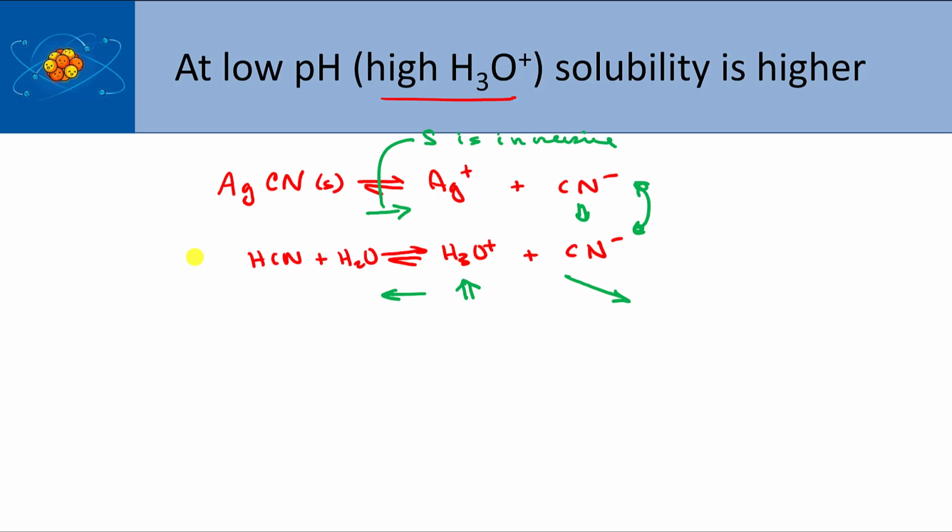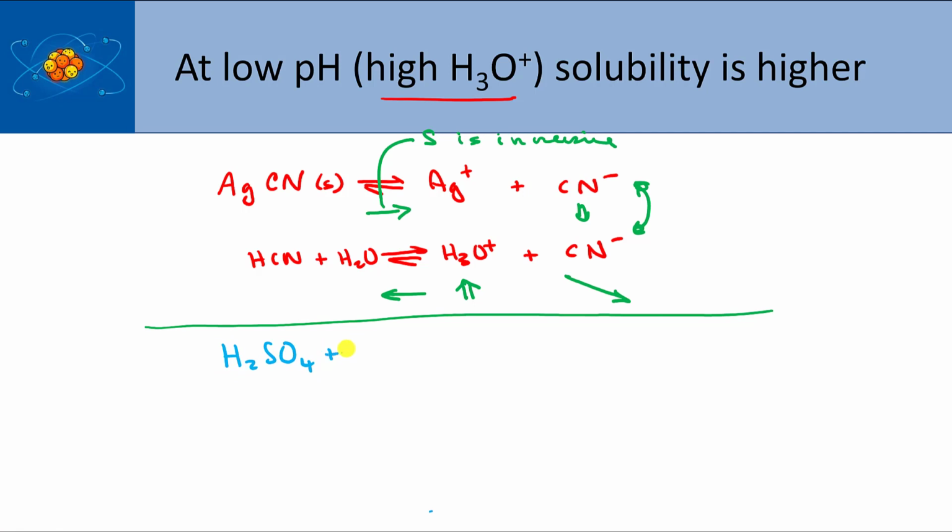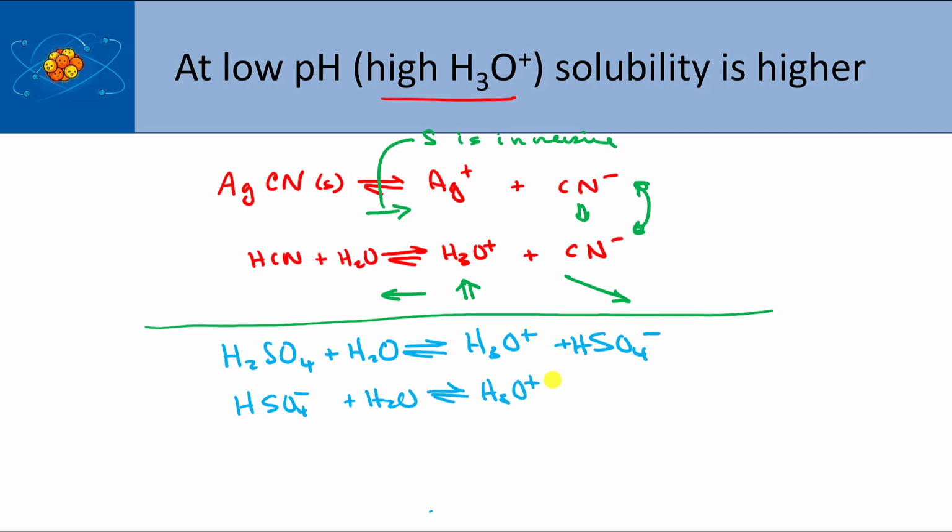Now let's look at a more complicated one. I'll do the sulfuric acid because that's one you may encounter more commonly. H2SO4 is a strong acid. The second ionization is weak. So I get H2O makes H3O plus and HSO4 minus. And then I have the second ionization. That makes H3O plus and